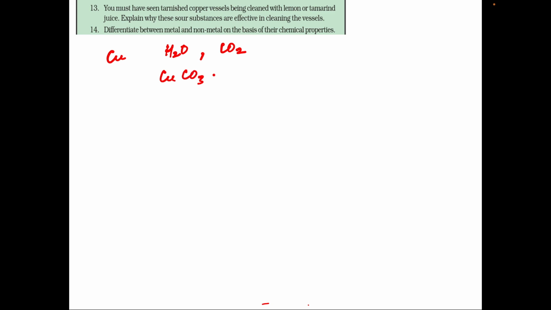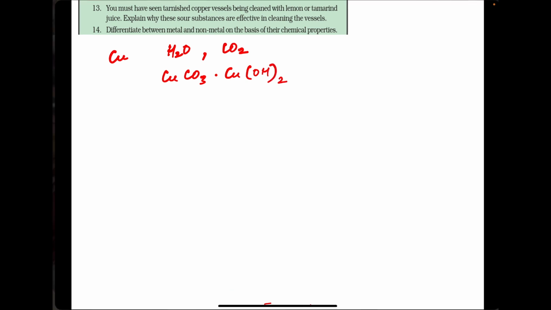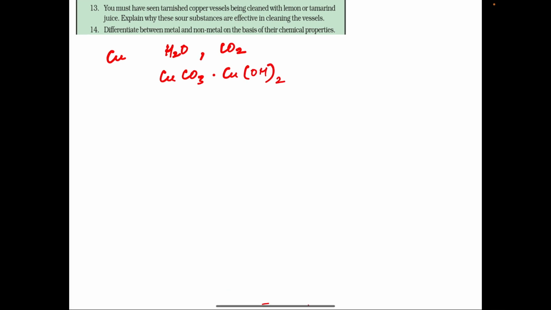carbonate. Basic copper carbonate contains copper carbonate as well as copper hydroxide. Copper carbonate is a salt and copper hydroxide is a base. Now what happens? This lemon contains citric acid,